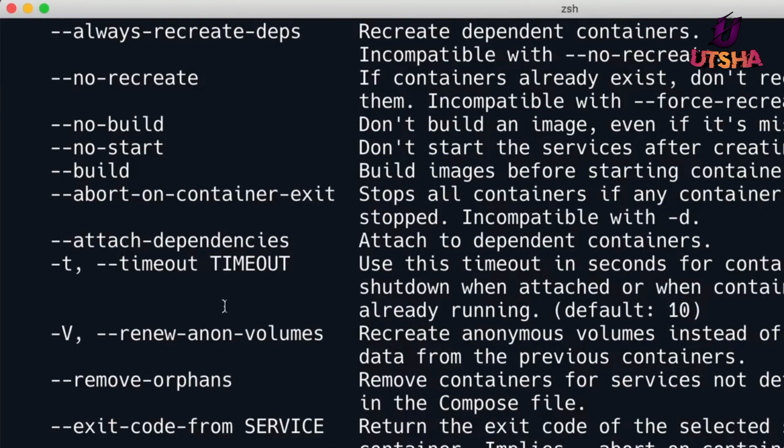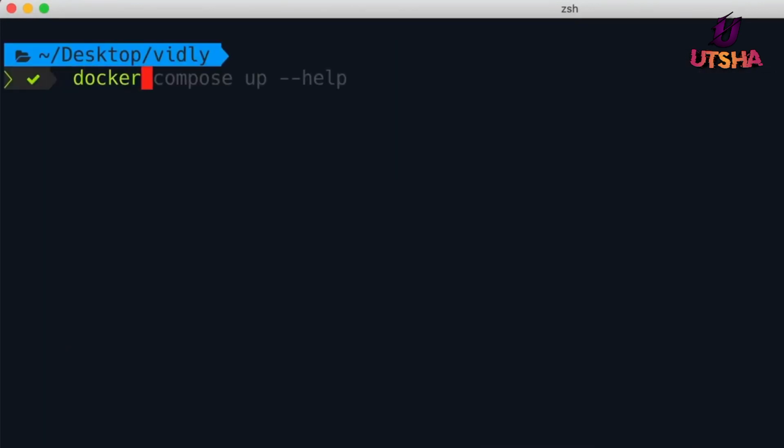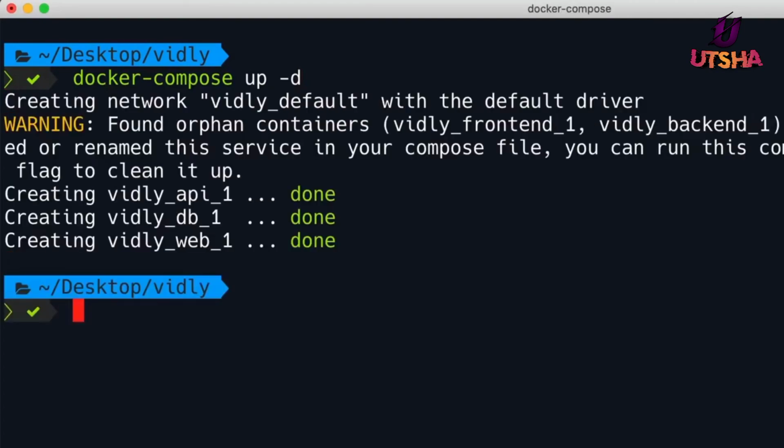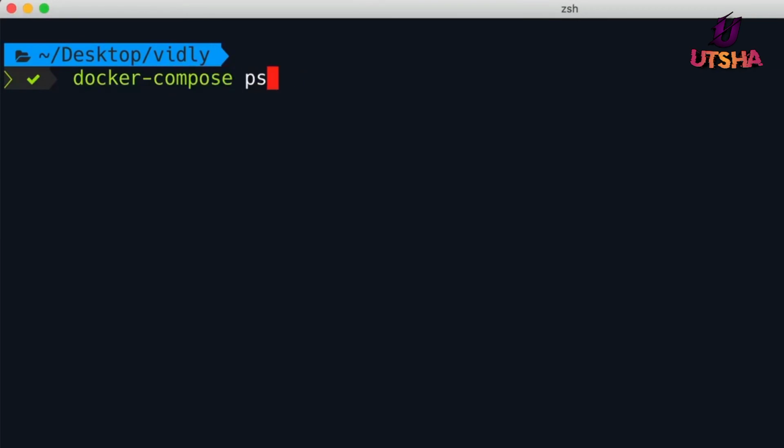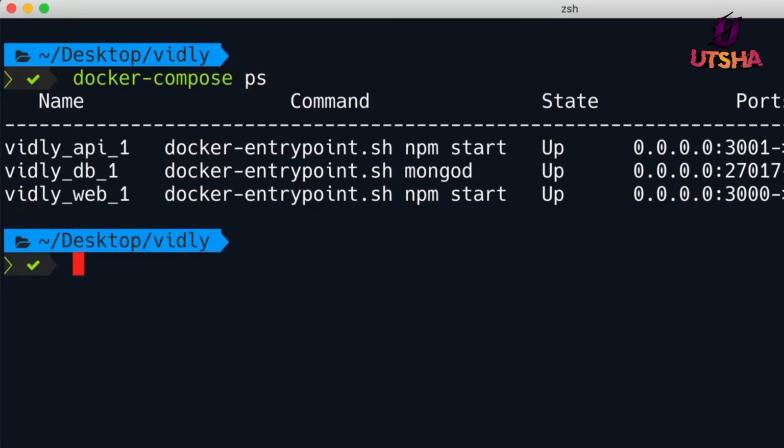So here we have a ton of options. A couple of them that are useful are --build. With this, we can force a rebuild every time we want to start our application. So we don't have to explicitly run docker-compose build and then up. We can combine the two using the build option. The other useful option is -d for detached mode. So we will start these containers in the background. So take a look. All right, now if we run docker-compose ps, we can see all the containers relevant